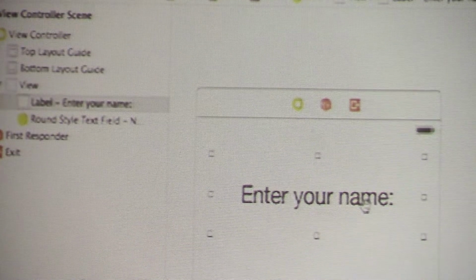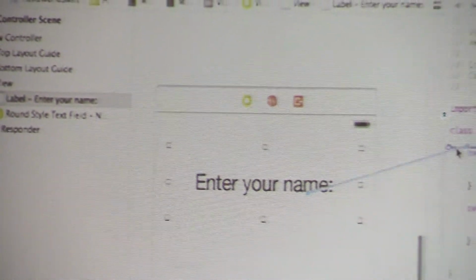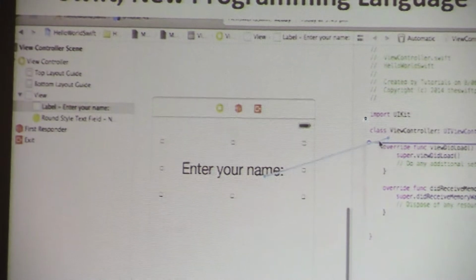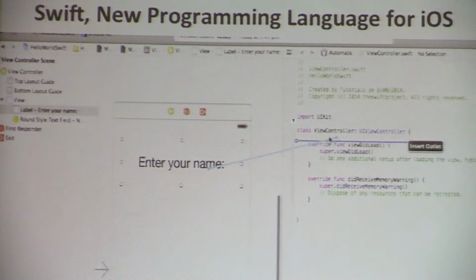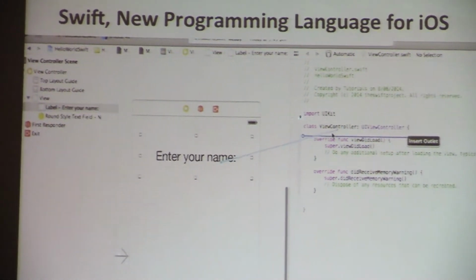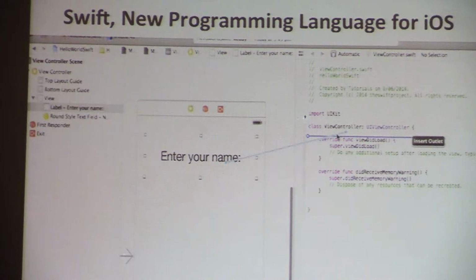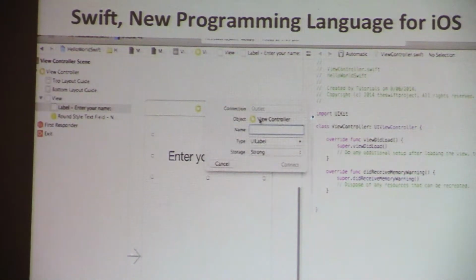So right click or control click on "Enter your name" and drag to the view controller. You'll see a blue line appear with two dots on the end, and a blue line will also appear in the view controller. We want to drag that line in between class ViewController: UIViewController and override func viewDidLoad. Then let go. You'll see that the connection by default is an outlet, and we can't change that for the label. Let's name it nameLabel,